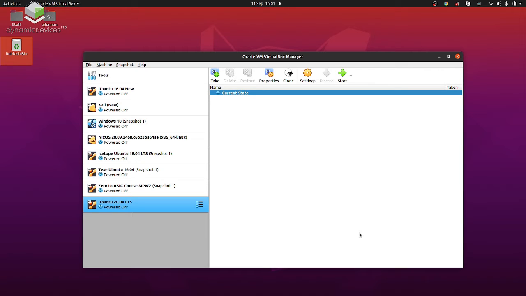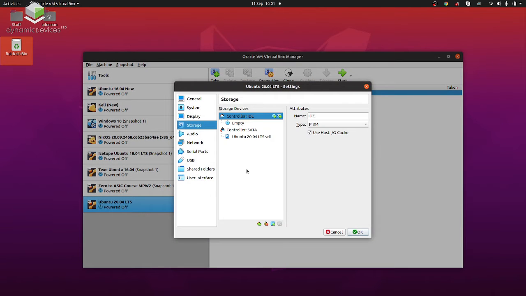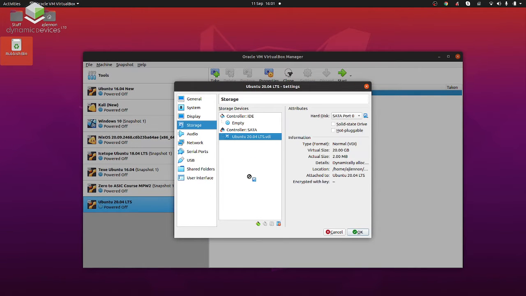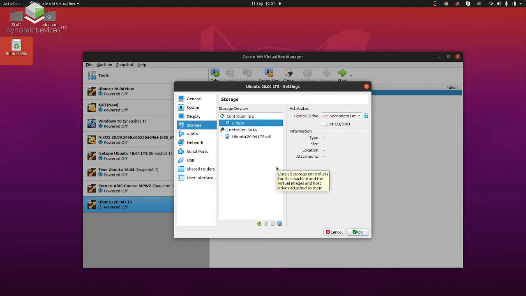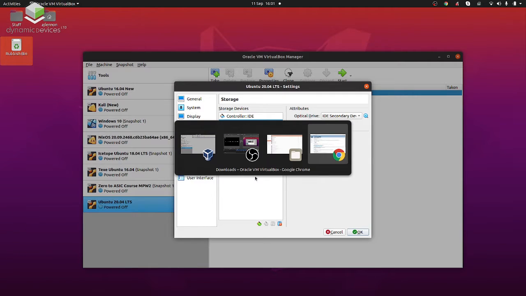The next thing that we're going to do here is go to the storage settings of our virtual machine. You can see that we've got the disk image that we created here, which is a maximum of 20 gigs, currently very, very small because there's nothing very much in there. It's not encrypted, not worrying about that. And we've got a virtual CD DVD drive here. That's empty, it's not connected to anything. But what we are going to do is grab the installation media